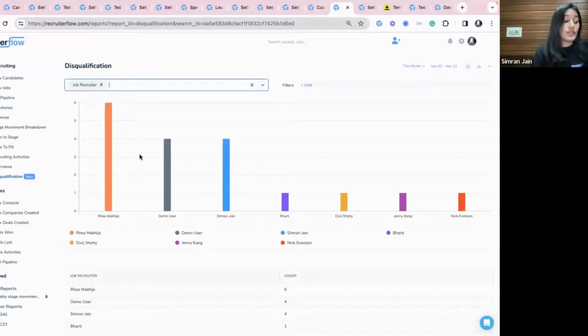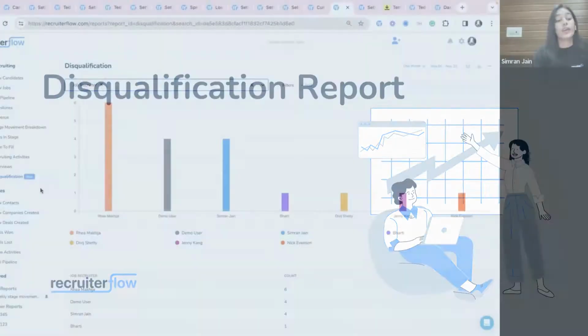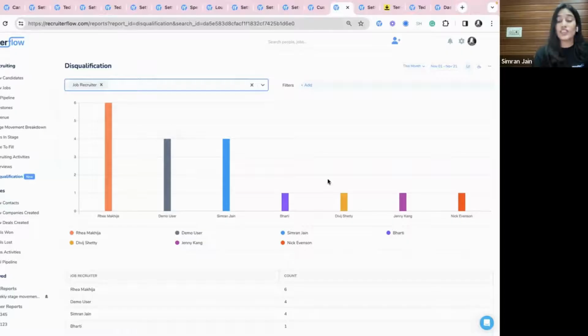During the last quarter, we also launched one of the most asked for reports, and yes, I am talking about the disqualification report. You can go to the reporting page and then go to disqualification to fetch this report. This report can be very helpful to get the data by group, and you can group this data on the basis of job, recruiter,